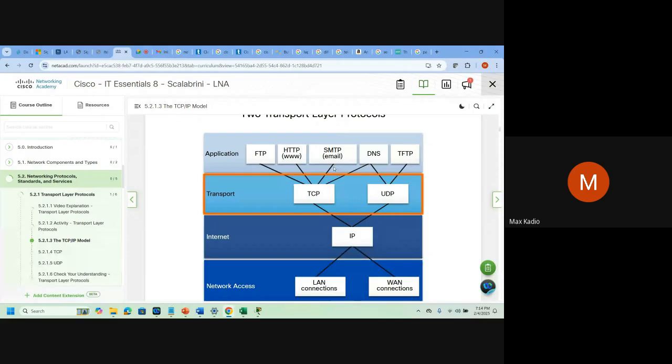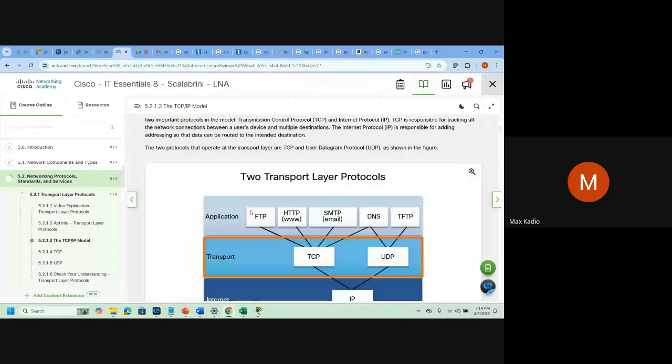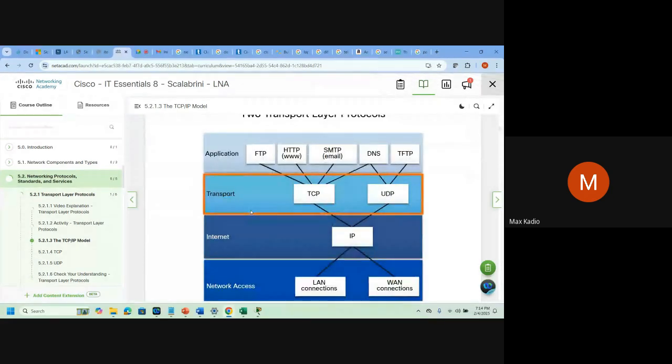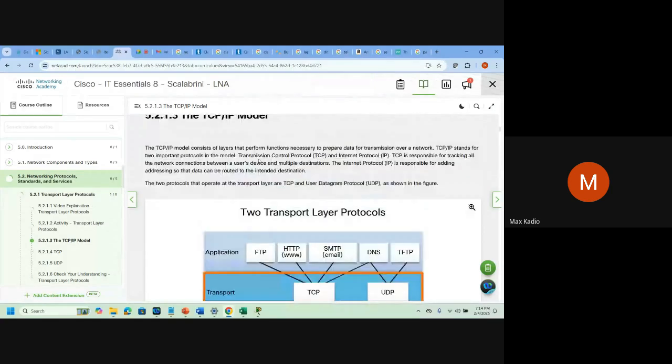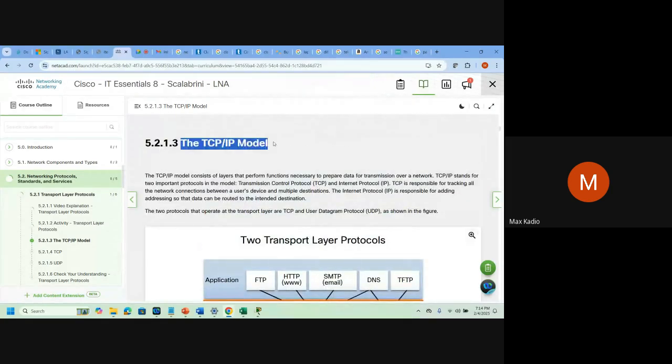Some of them will use a paid security guard, TCP. It's more secure. Some of them will get an open place, UDP. With UDP, there is no one there, you park at your own risk. So the network is divided into some rules. We have what we call the TCP/IP model. For example, if you want to drive in South Africa, you drive on the left. If you go to America, we drive on the right.